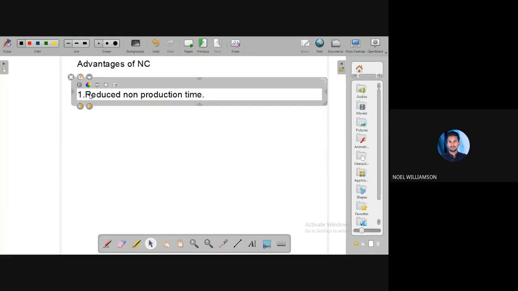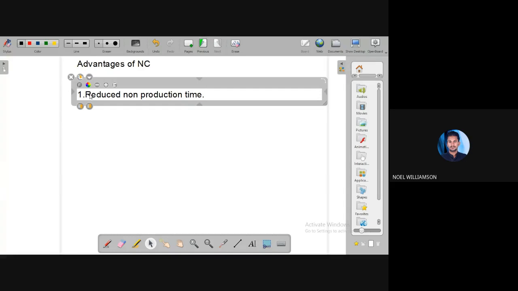So this is in comparison with normal production without any programming. We are just doing the machining operation, like we have already done in our labs, without any numerical control. And without any control, we are just, as labor, directly using our manual input to machine something. Compared to that, while using NC or CNC, we are able to reduce the non-productive time.